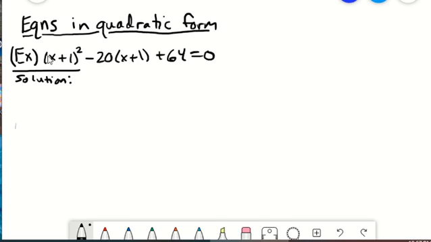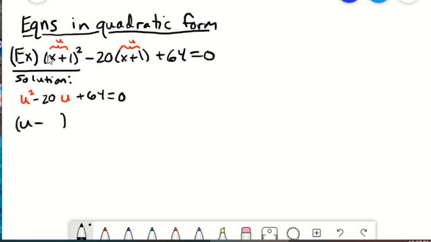So for instance, we have the quantity x plus 1 all squared minus 20 times x plus 1 in parentheses plus 64. We could FOIL all that out and combine like terms and try to solve the resulting equation, which indeed would also be quadratic in this case. But that would be a lot more steps than what we're going to do, which is notice that if I substitute the variable u in for that expression in parentheses, what I get is a quadratic equation that we can,